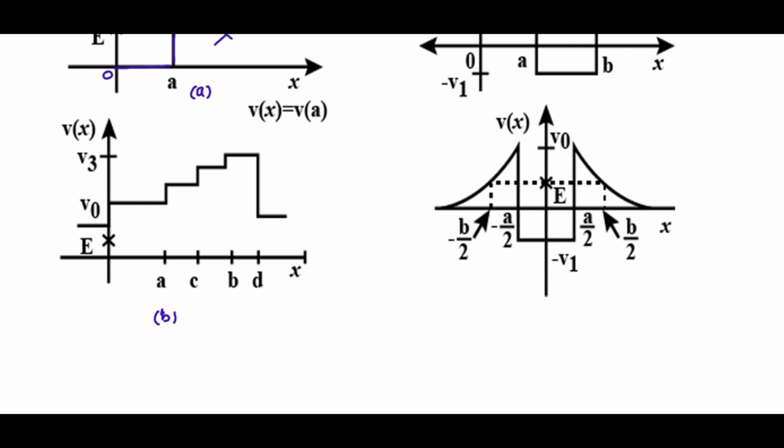So kinetic energy can't be negative anywhere, the particle won't exist. So in every region of the graph,